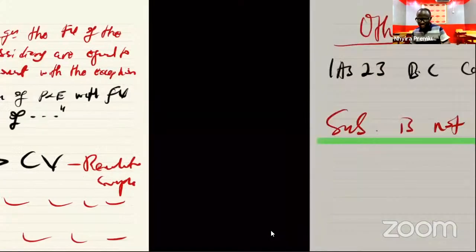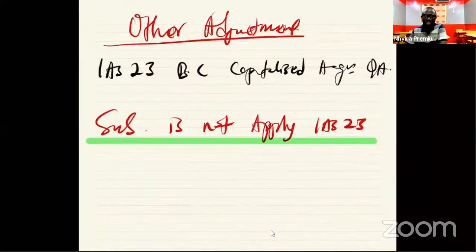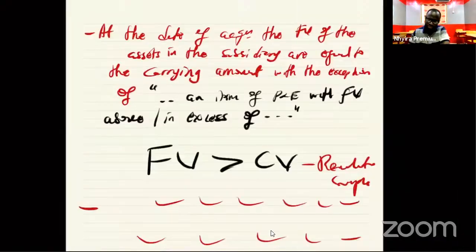So in that case, we're going to be adding it up. If, for instance, they are capitalizing expenses because they were using their local accounting standards, and in accordance with IFRS we are not supposed to capitalize those expenses, then it means we will come and write it off. In other words, we will deduct it from the date of acquisition for the entity under consideration. So that is what we mean by other adjustments.